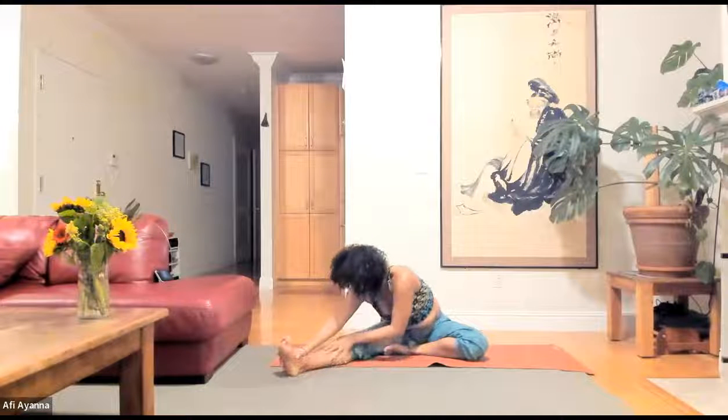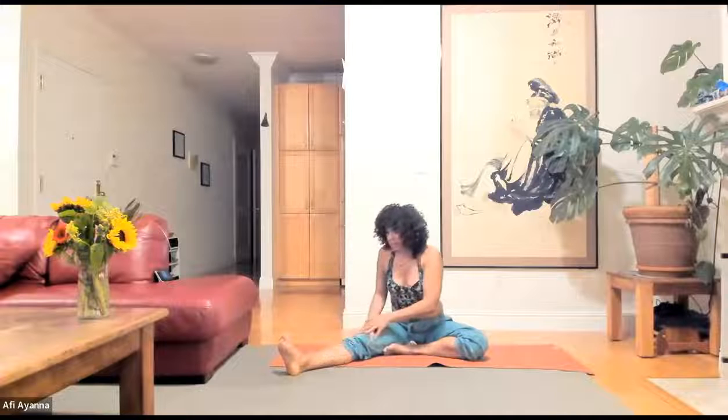On the exhalation, coming all the way up, walking the hands back up the leg, and stabilizing to the center, drawing the right leg in and over the top of the left thigh, squaring off both of the hips here. We'll get into a gentle twist. So lifting the left hand up into the air, hooking the left elbow on the outside of the right knee,